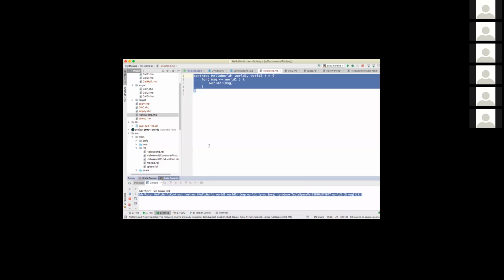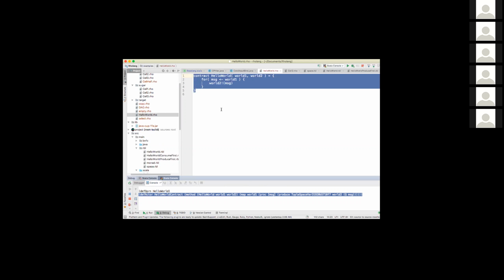So the Hello World example makes a contract called Hello World contract. The initial contract in Rolang is a declaration for a contract that's called Hello World, that's parametric in World 1 and World 2. That's what's highlighted above. And there's the for comprehension on line 2, and it's waiting for a message from World 1, and then we'll produce it on World 2.